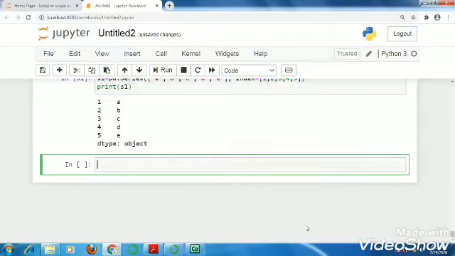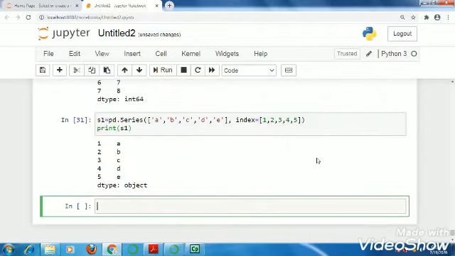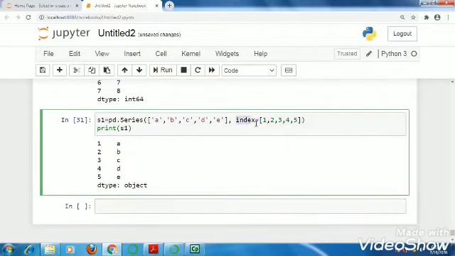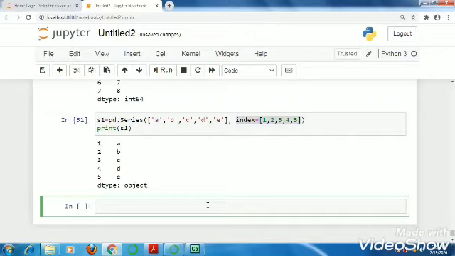This is your series. By default, the indexes start from 0, and if you want to change the indexes, you can simply give the index parameter at the time of creation of the series. If afterwards you want to change the index, you can also do that.